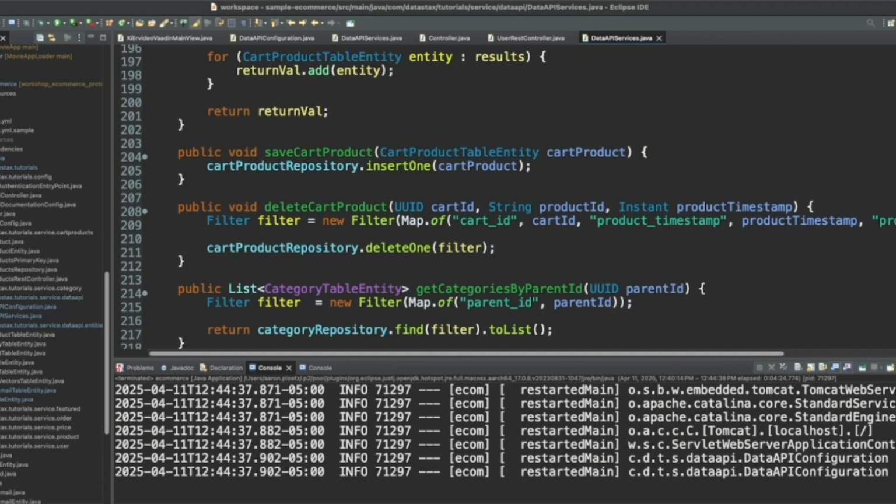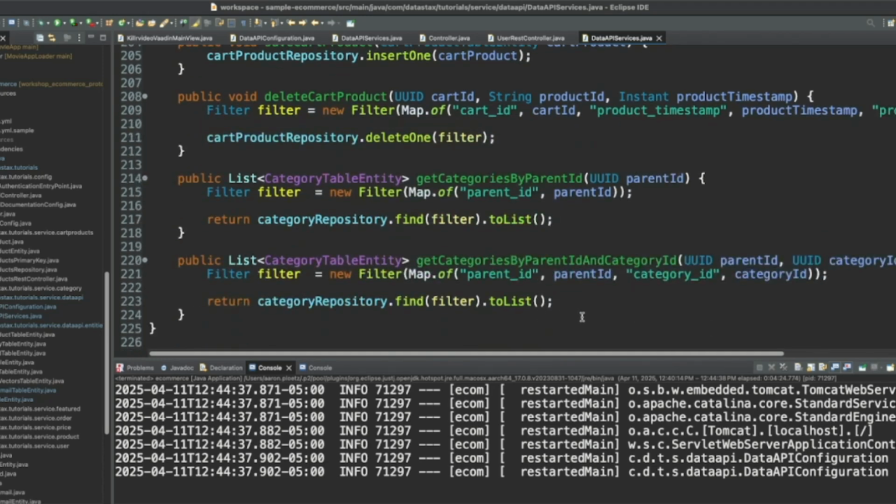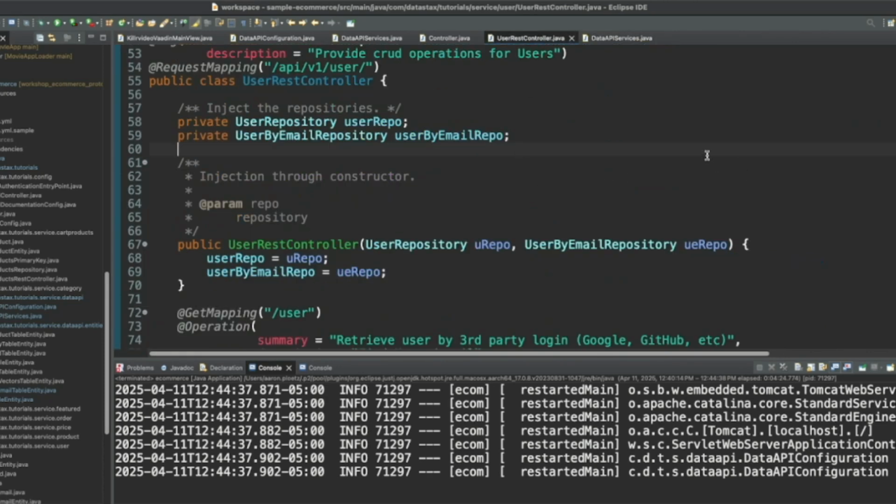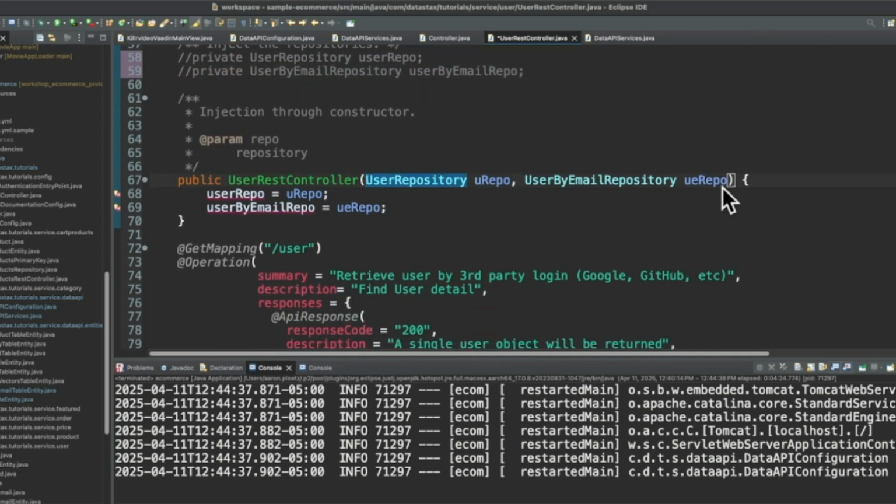Let's go ahead and have a look at Data API services. Actually, before we do that, let's have a look at the user REST controller here. So we can get rid of these 2 repositories. We no longer have to pull them in here.